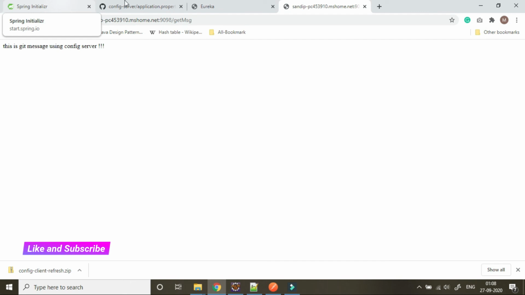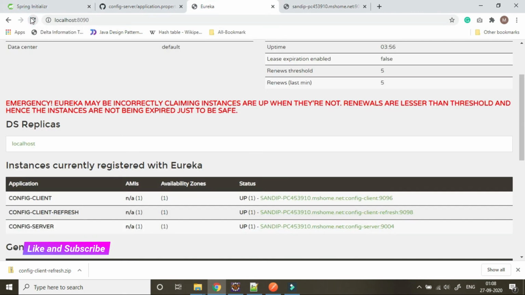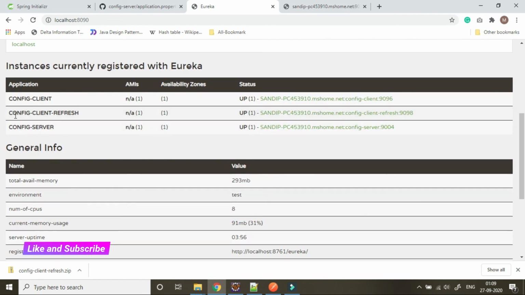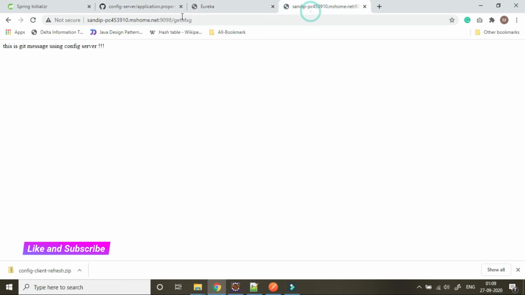First of all, we will check our dashboard. The dashboard is showing that the service is registered properly. Now we will hit this one. Okay, so the value has changed, but we have restarted the application.